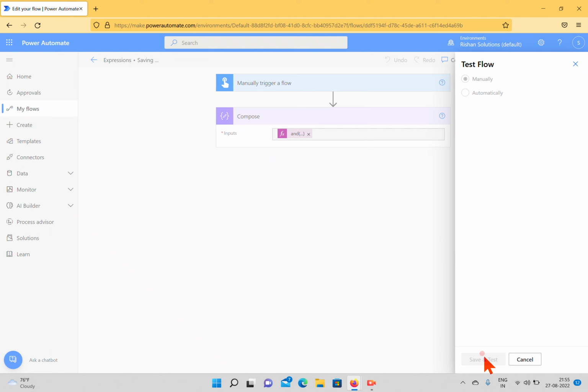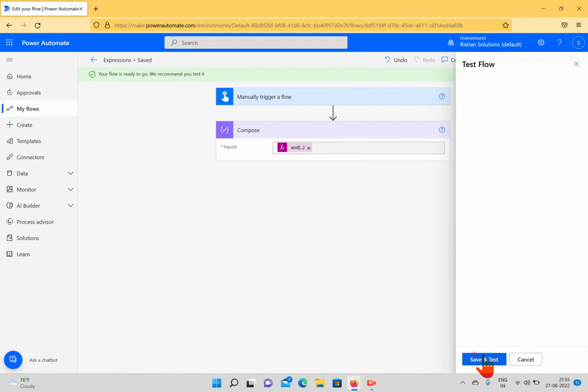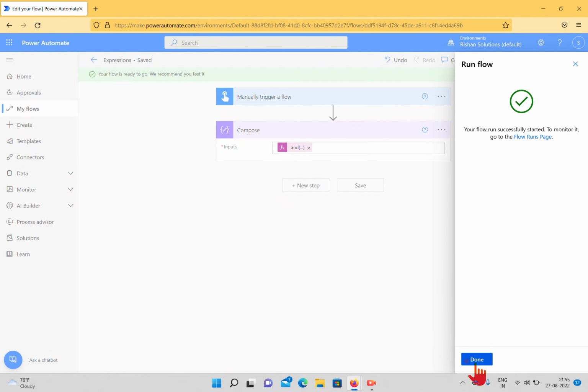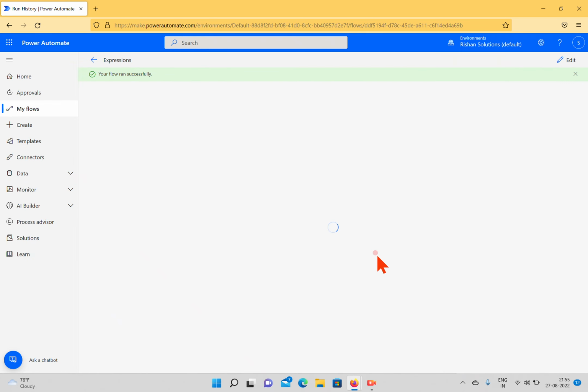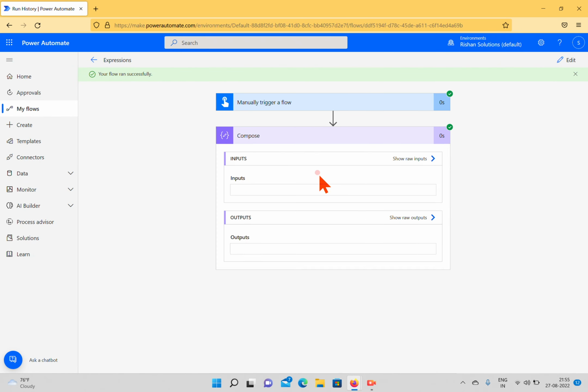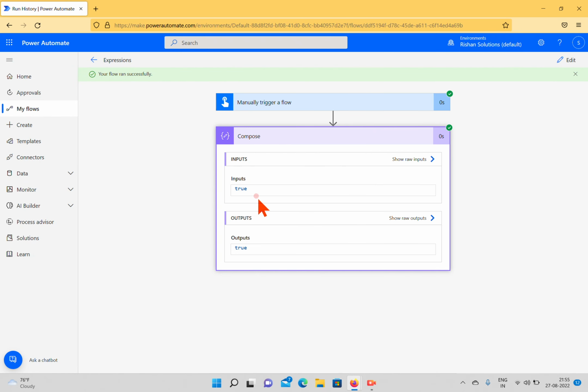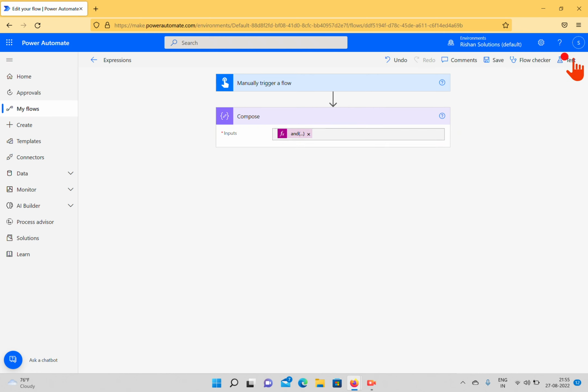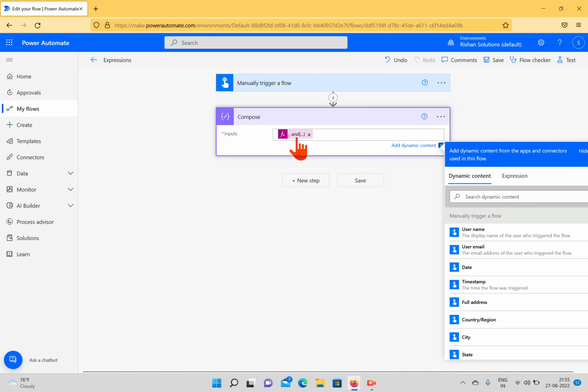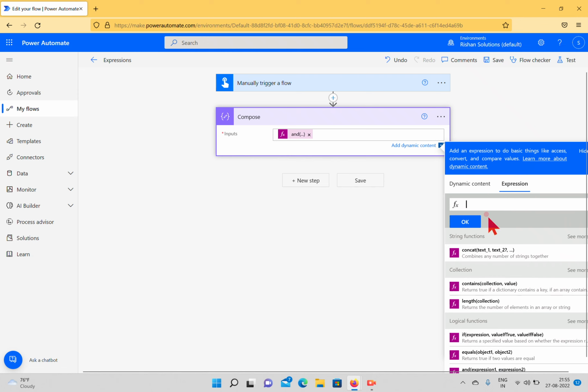Now I'm trying to run this again, and done. See, now the input is true and the output is also true. In the same way, if you take two inputs that are false, the output will also be false. Now this might be confusing sometimes, since I'm just directly passing the output. We'll try to write